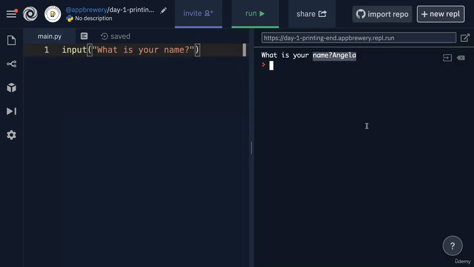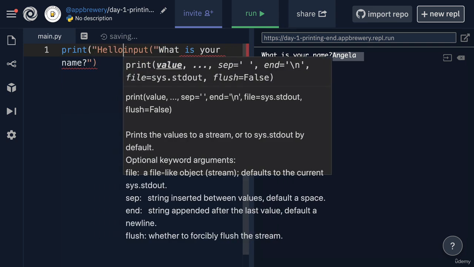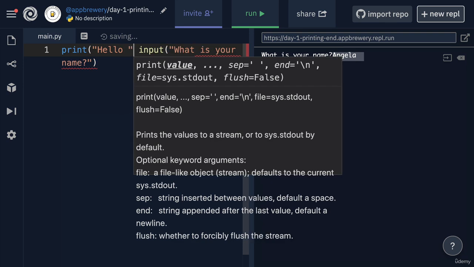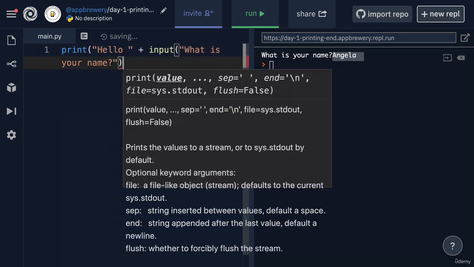So what can we do with this data? Well, we can use it inside our code. Remember how I said, once this line of code executes and I've entered Angela as the response to this input, then this part of the code gets replaced by whatever it is that the user typed in. So in this case, it becomes Angela. And what I can do with it is, let's say I wanted to print something like, hello, Angela. Well, then I can simply write hello plus input, and then I'm going to close it off with another